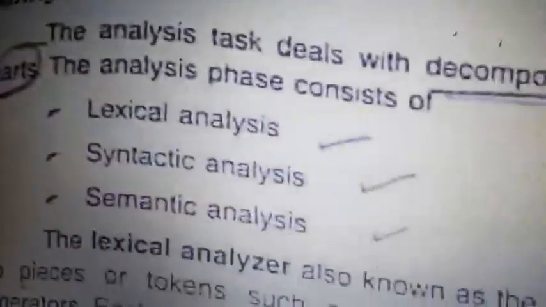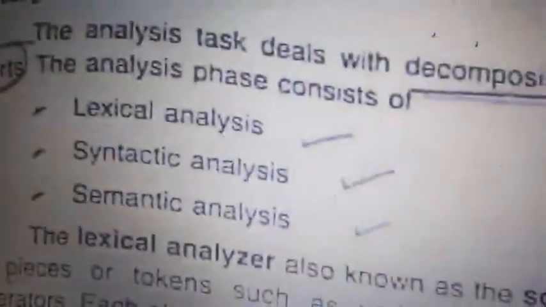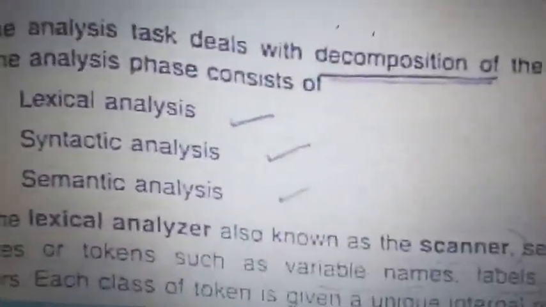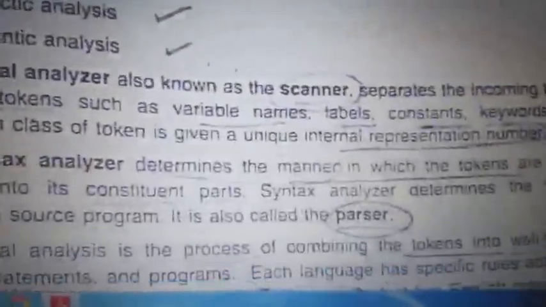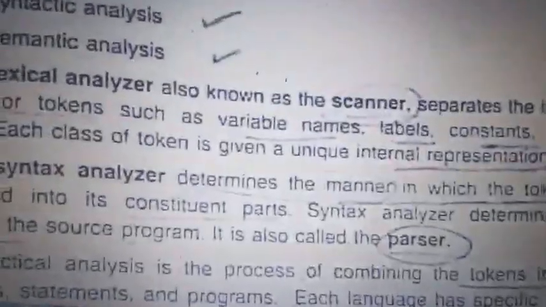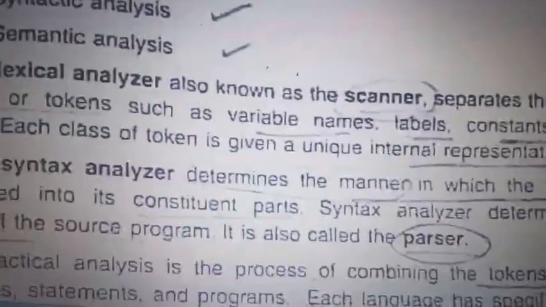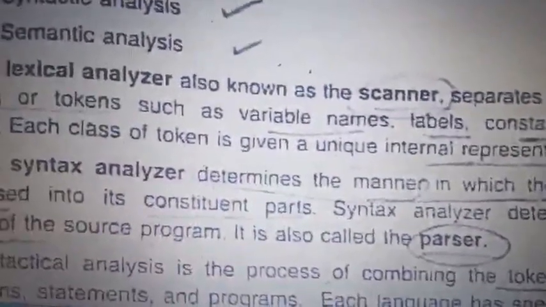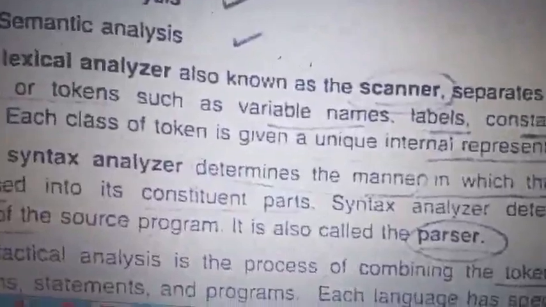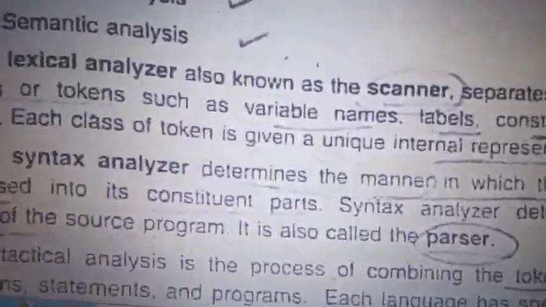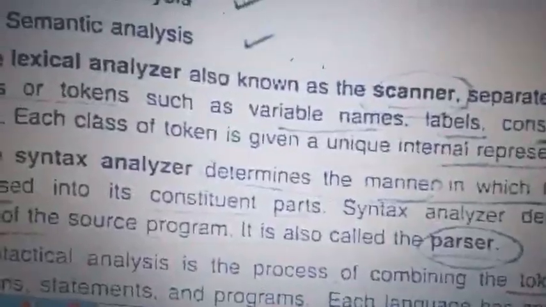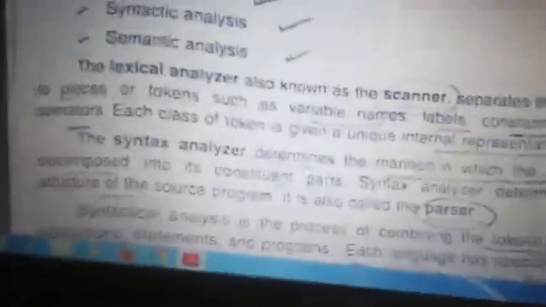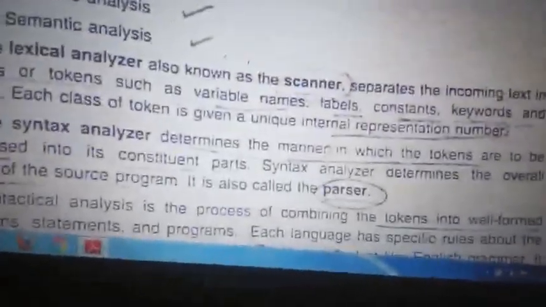Those are the lexical phase, syntax phase and semantic phase. What will the lexical phase do? The lexical phase is called a scanner. It checks your tokens, variable names, keywords, whatever you write. It keeps on scanning. If you write int, it's a token. If you write float, it's a token. If you don't give any space, as in floata, it does not recognize it, so it won't highlight the color. The lexical phase just identifies tokens, variables, constants, keywords, etc.